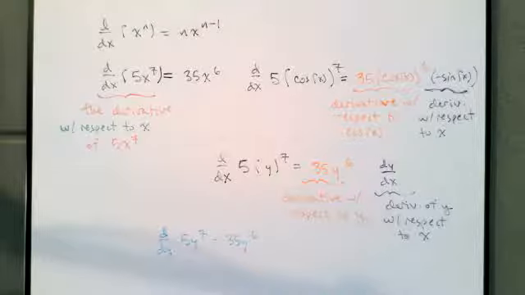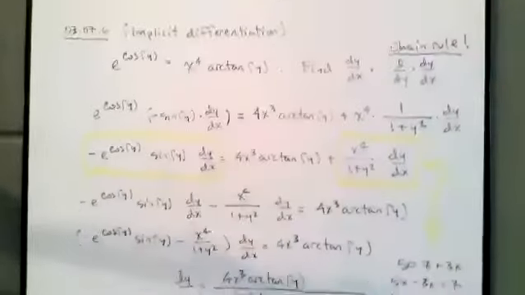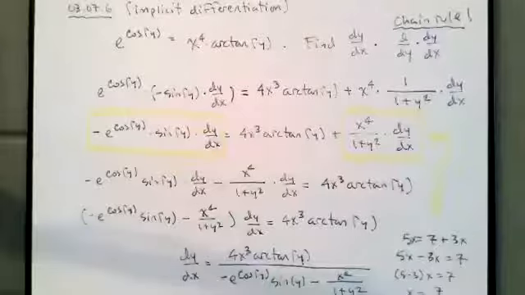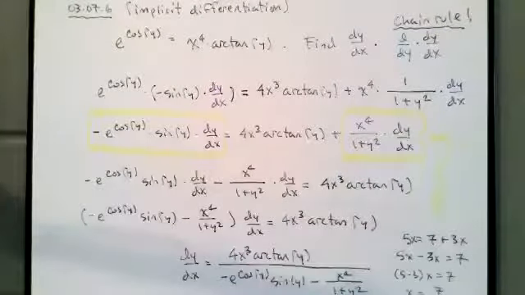Yes, Professor Rich. Could you go back to the problem just now, 3.7, number 6 on the homework? Yes, this one I did with the help from the STEM Center. I got it right. My question is right here. Where you put the square with the yellow on top of it, we have e^cos y multiplied by negative sine y dy dx. And then on the bottom,